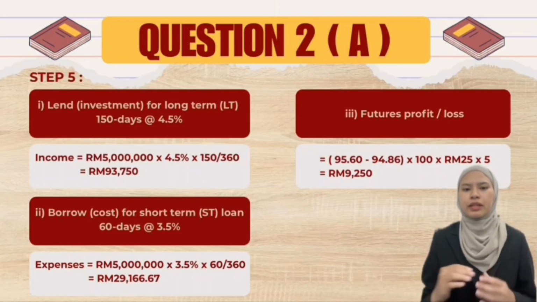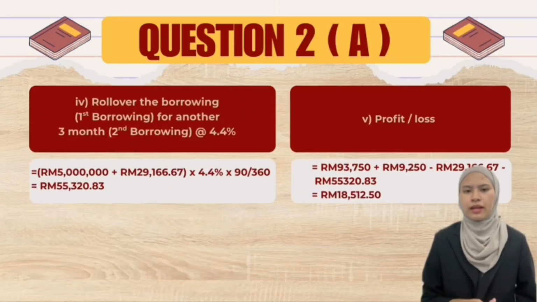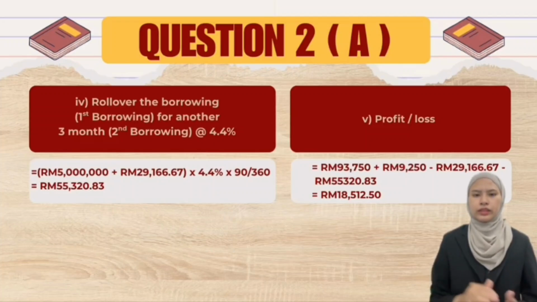However, the dealer must pay interest on the borrowings, which includes 29,166.67 for the initial 60-day loan and 55,320.83 for the 90-day rollover loan. In conclusion, because the futures price was higher than its fair value, the dealer successfully exploited the price difference through arbitrage and generated a risk-free profit of around